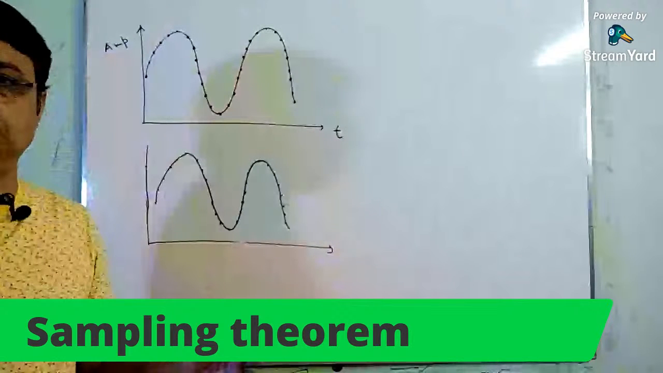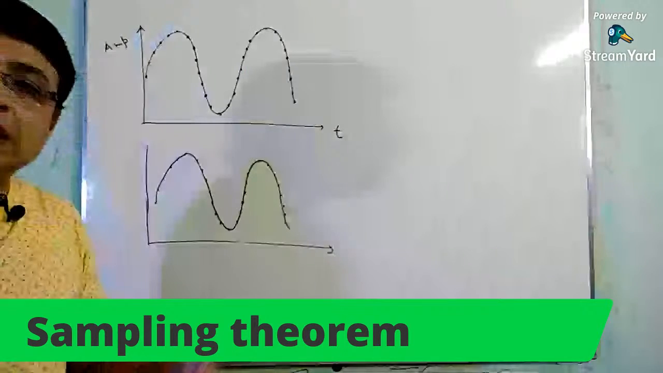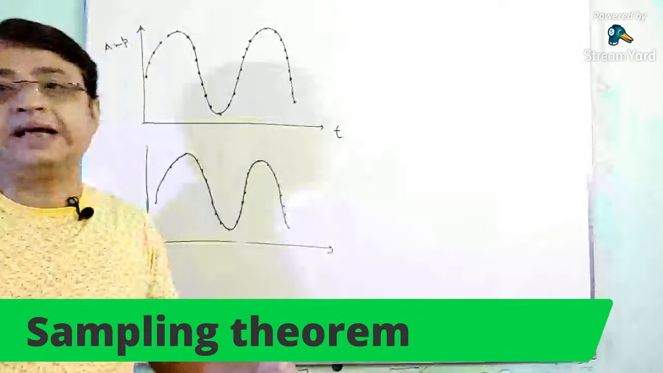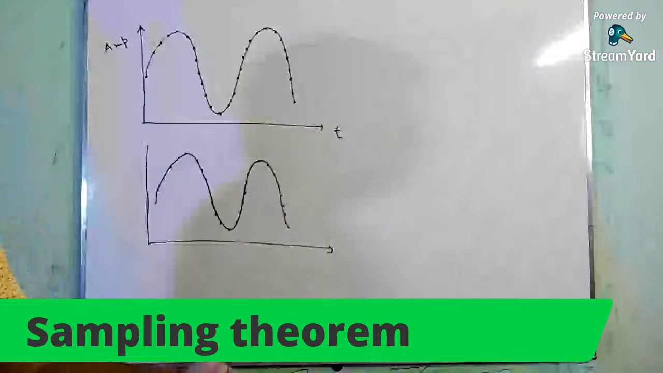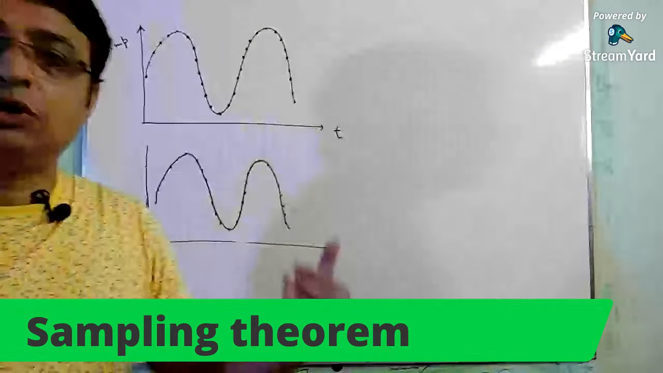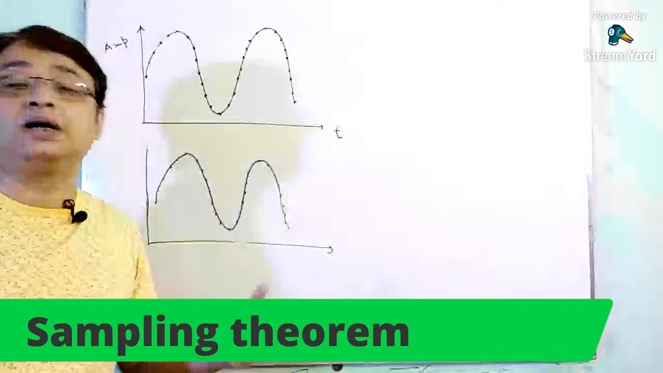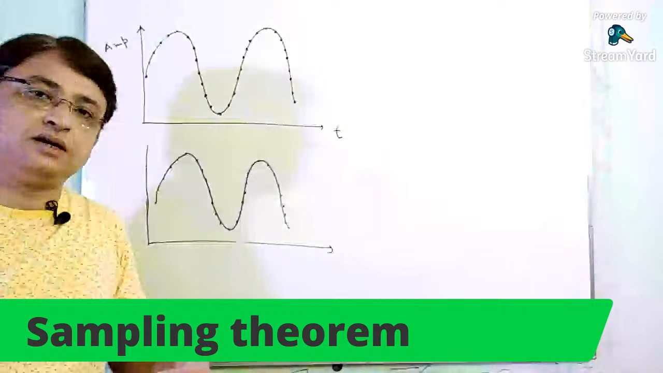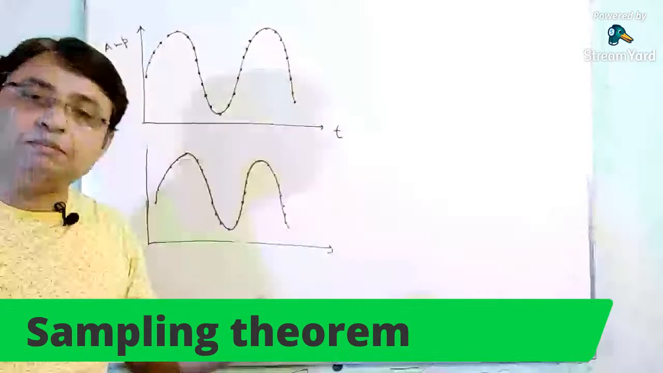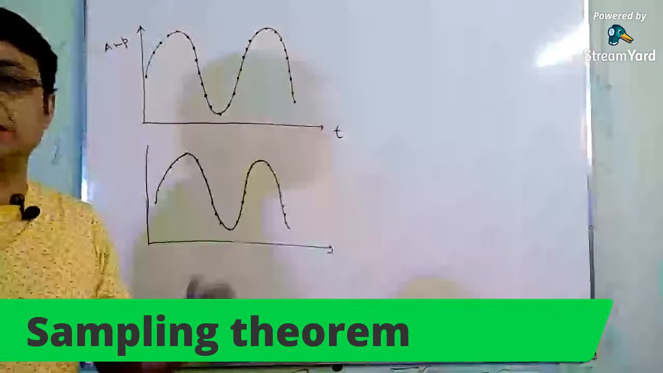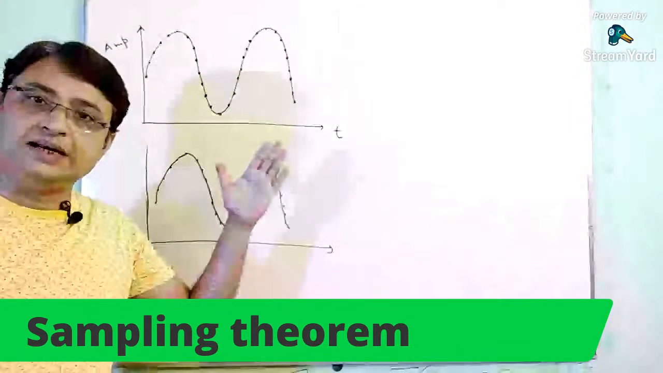So here lies a limit, that is, what will be the time interval for taking the different sample values. The question is: what is the minimum rate of sampling, or in other words, what should be the minimum time interval to take the discrete values from the signal itself,